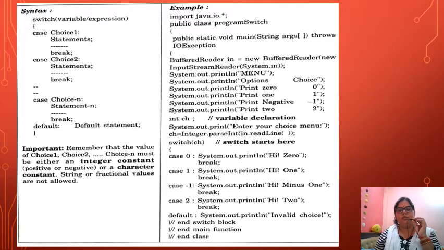See here, it is a simple program of a switch case in which several choices have been given. Either you have to print zero, whole number, negative or two number. See, this is a case. In each case there is a break statement. Then after that there is a last default, in which there is an untrue or false statement when our choice is not valid.